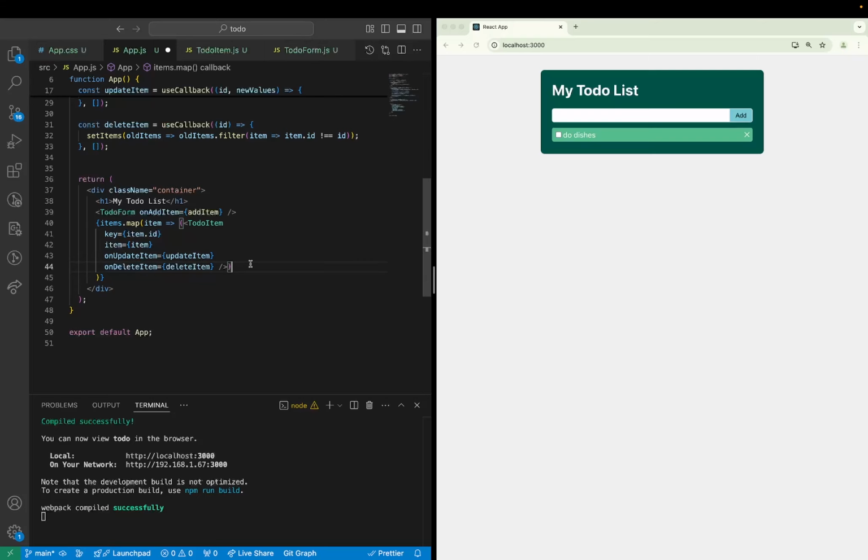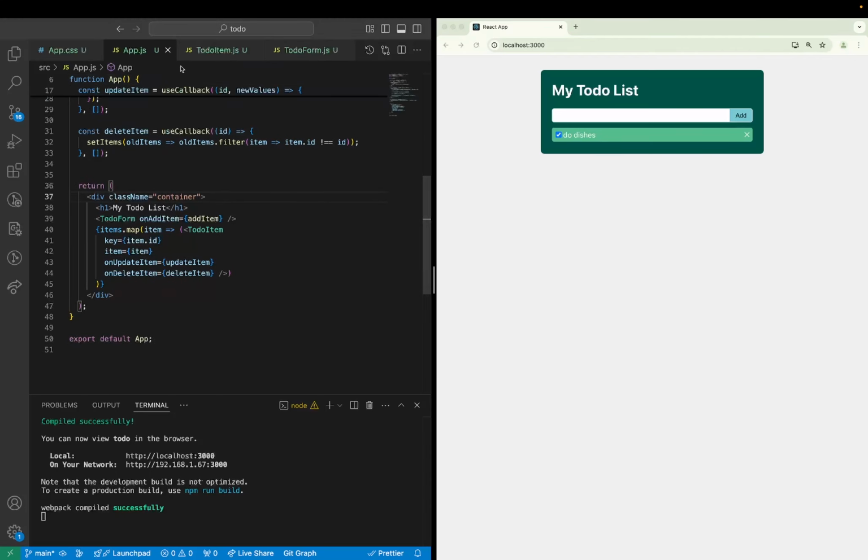Now with being able to edit and being able to delete an item in place, one more feature we need to add is to be able to mark an item as completed. So if you click on an item, well, it should say that it's been completed. And all I want to do is just to put a strike through the item when it has been completed. So to do that,